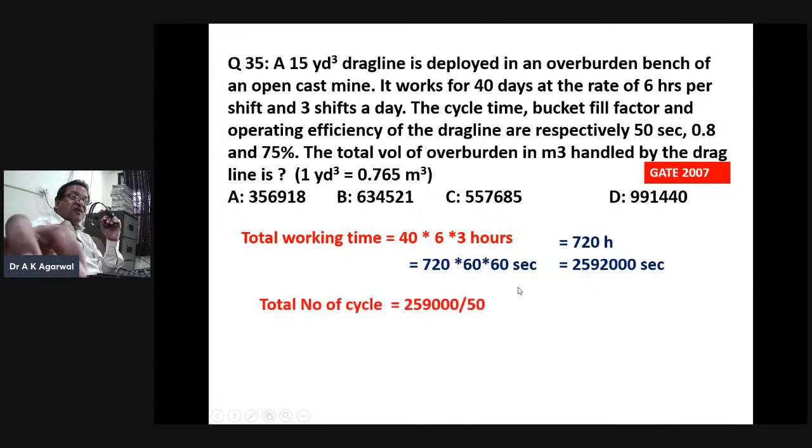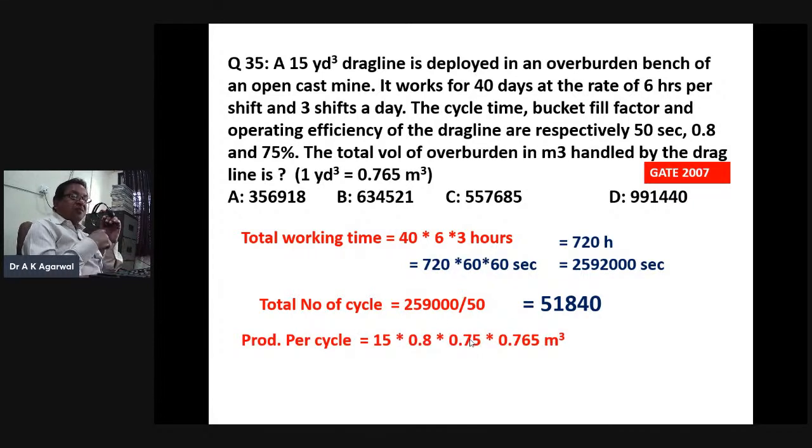And what is the cycle time? 50 seconds. So total number of cycles is 259,200 divided by 50, which is equal to 51,840. These cycles will be carried out by the dragline. Okay. Now